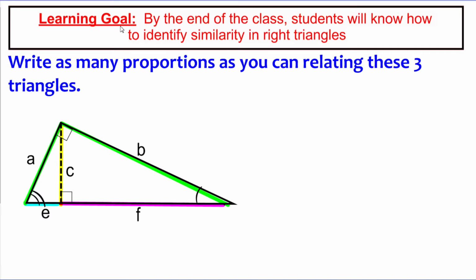So let's add our arcs in again. If this one has a double arc and a right angle, it needs a single arc up here. And the right-hand triangle has a single arc and a right angle, which means it needs a double arc over here. So if it says to write a proportion, I could take a look at